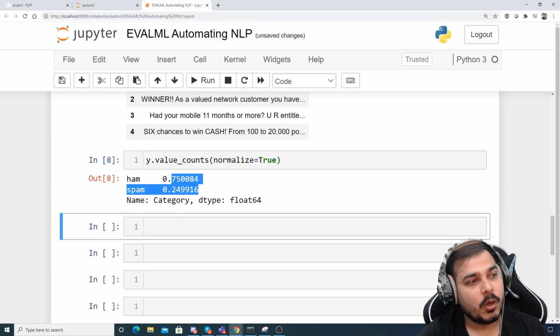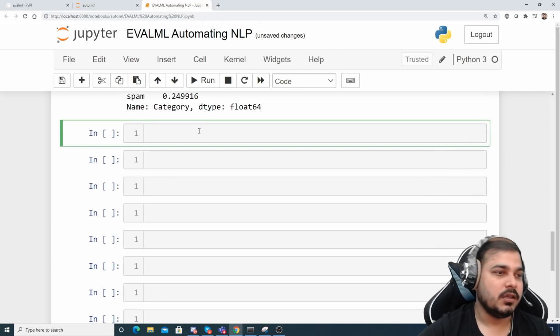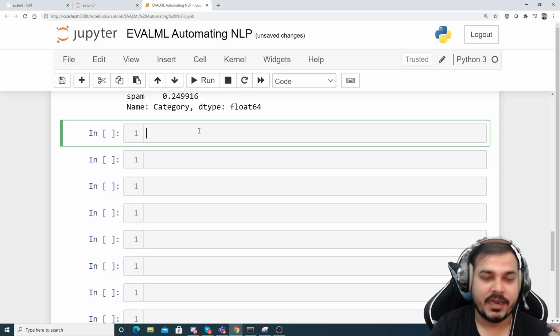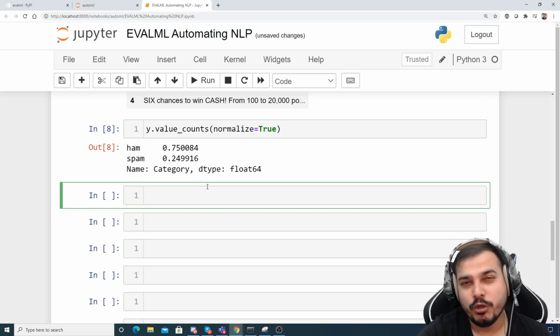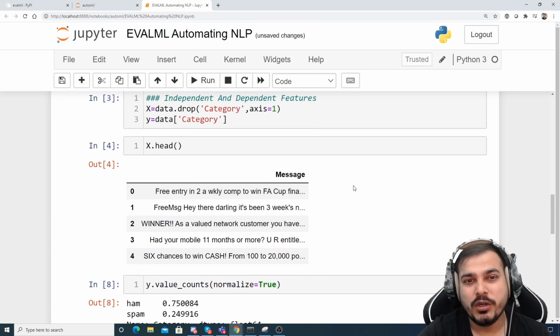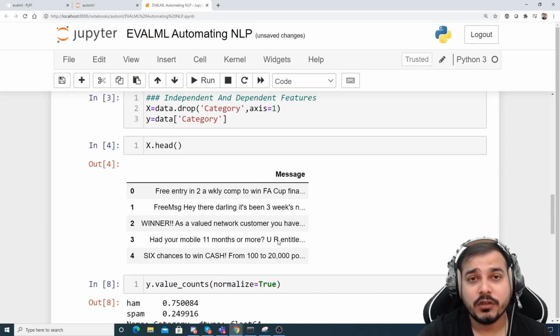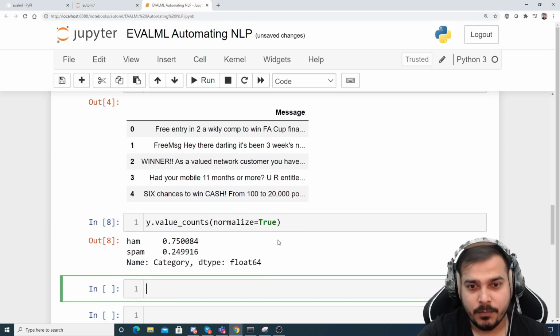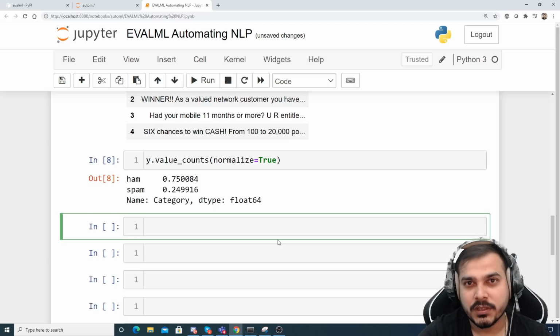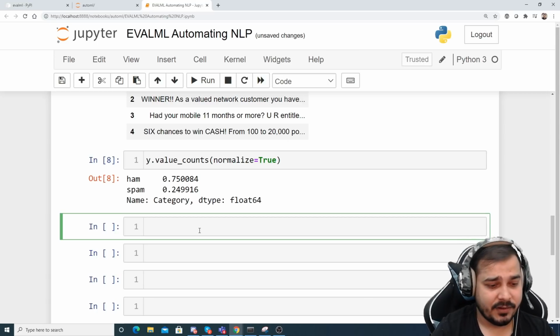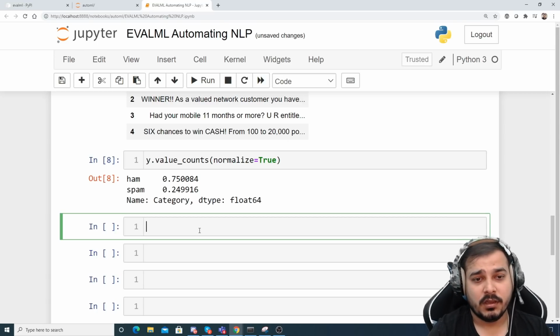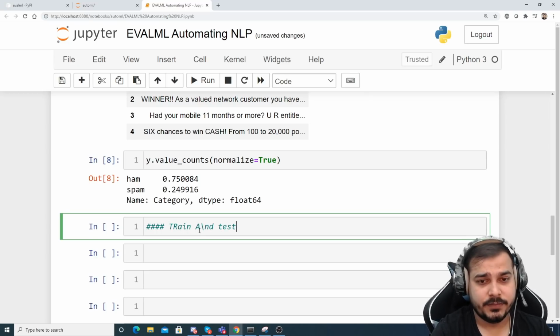Now the first step is always like how we do train test split. When we are working with EvalML, as I told you in yesterday's session also, usually we don't take data frames. Instead we convert the data frame into a data table. And before converting into a data table, we have to do a train test split, because the training data set will be used for training and the test data set will be used to test. So I'll write down a comment,